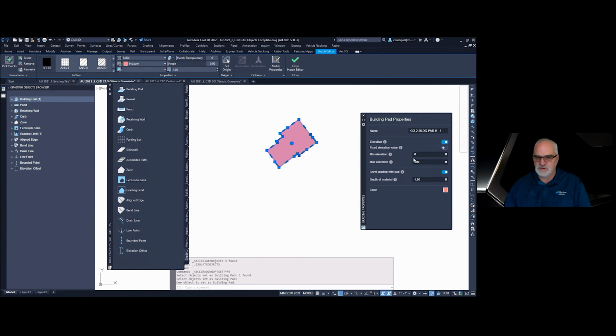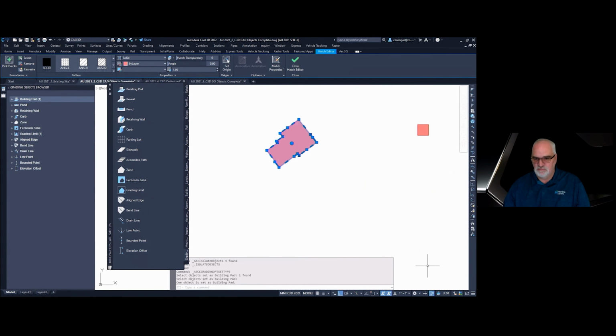If you want it to be a fixed elevation, you give the min and the max the same elevation. In this case, we want GO to determine what that building pad elevation is going to be. So I'm telling it I want that pad to be level, and there's about 1.5 feet of material that it's going to need to cut out for the cut and fill.